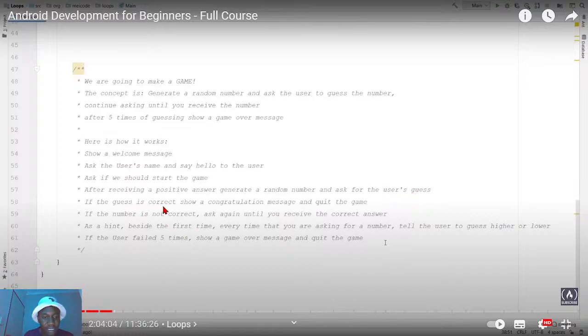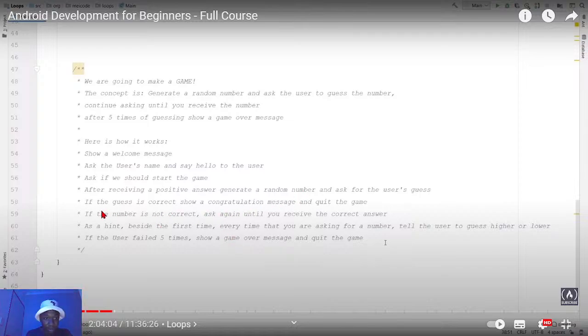If the guess is correct, show a congratulations message and quit the game. If the number is not correct, ask again until you receive a correct answer. And as a hint, if the user failed 5 times, show a game over message and quit the game.